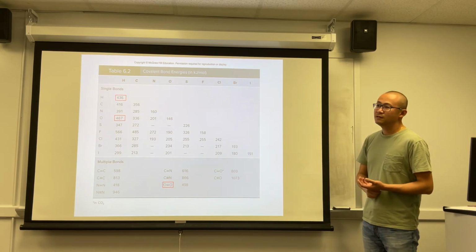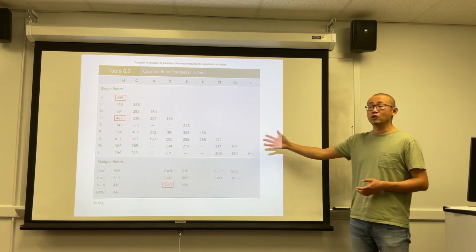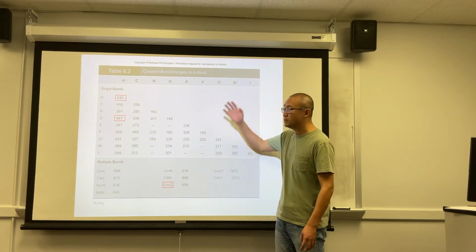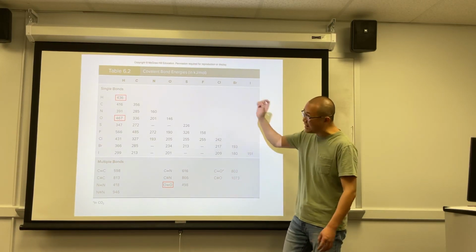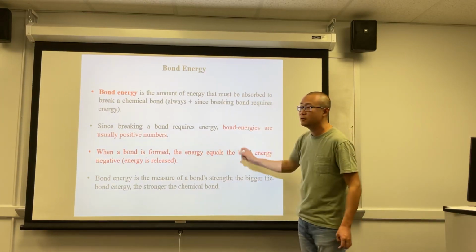Because it's so stable. So again, you don't have to memorize these numbers, but you have to understand what the chart means. It means bond energy. What is bond energy? By definition, bond energy is, again, the energy needed to